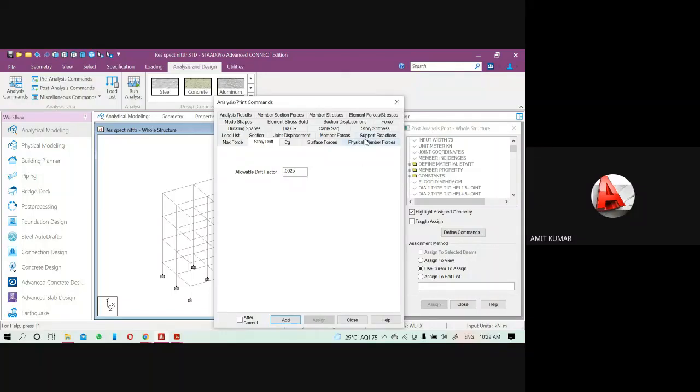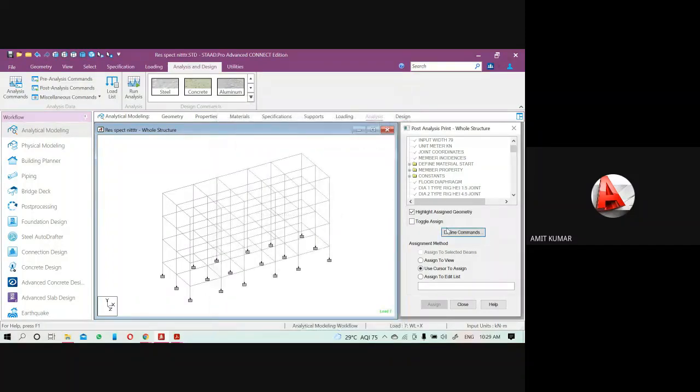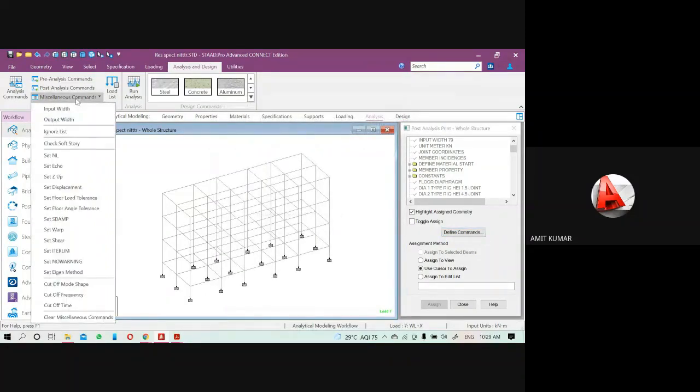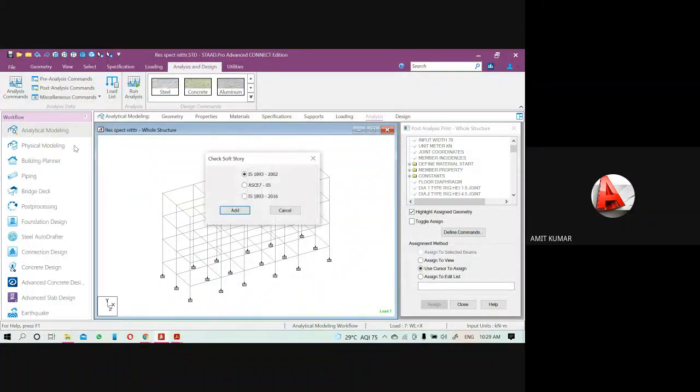Next will be our story stiffness, joint displacement. Okay, let me come to the miscellaneous command, check soft story command.